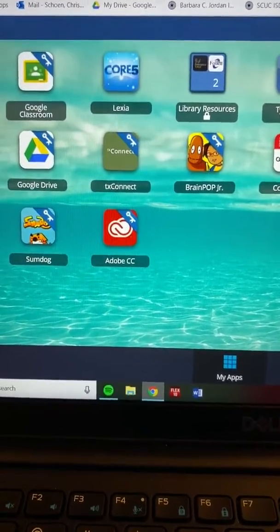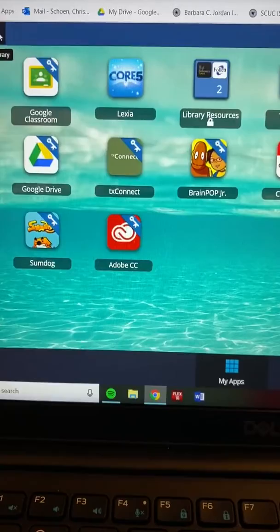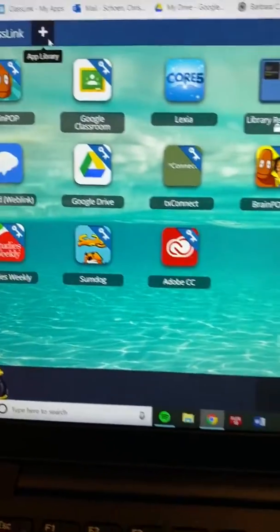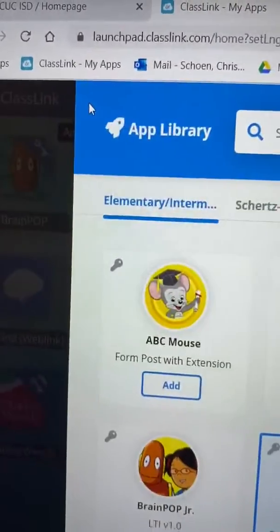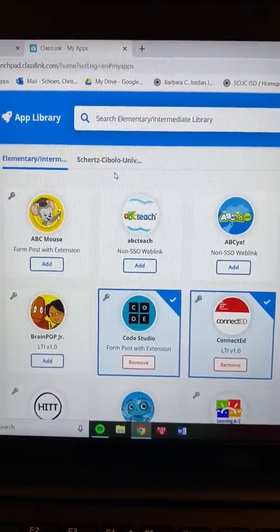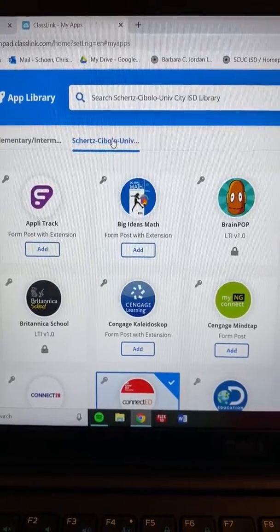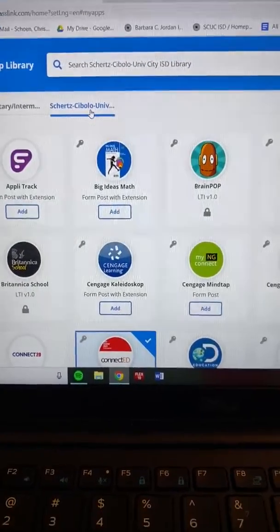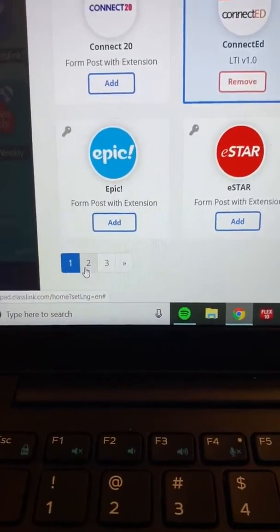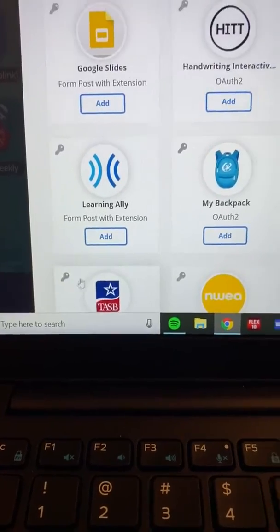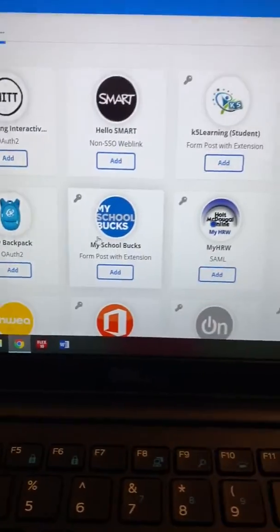The next thing that's important for math is that you need to make sure you have your math textbook online available. And this student does not have it available. So we're gonna go back to the plus sign and click on that plus sign. It's gonna bring us back to the app library and we will click in on our Schertz Cibolo Universal City ISD Library. Now on the second page, so we're gonna click on this number 2 down at the bottom left-hand corner. When we click on that, right in the middle, you'll see where it says my backpack, my school